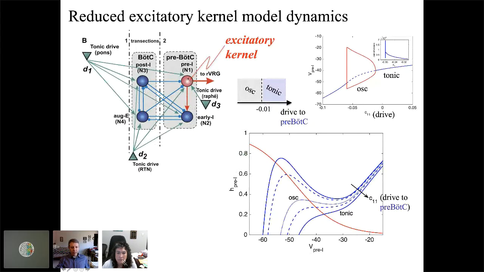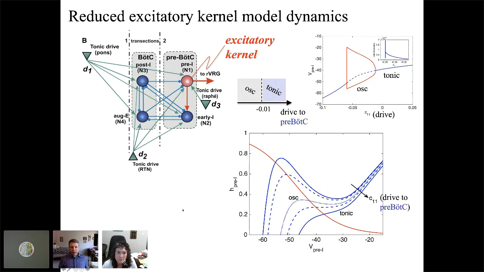Okay, and so when you just focus on the prebot units, as many of you know, as you vary the drive, so a synaptic excitation parameter, you're going to change the shape of the voltage nullcline, switch these guys from being quiescent to oscillatory with a middle branch intersection to tonic, the stable fixed point at an elevated voltage. And you can see the bifurcation diagram here as a function of that drive parameter. So we have an oscillatory regime and a tonic regime.